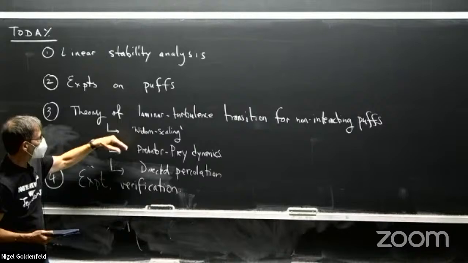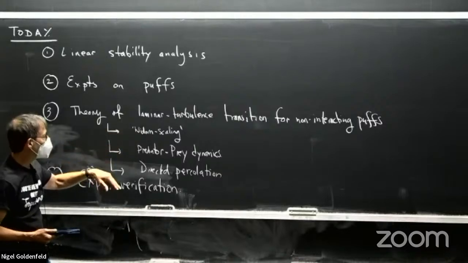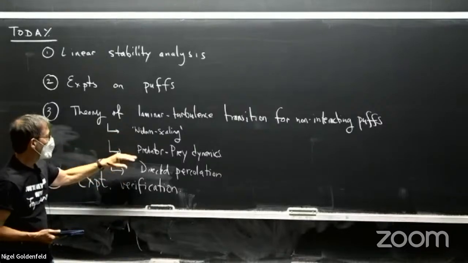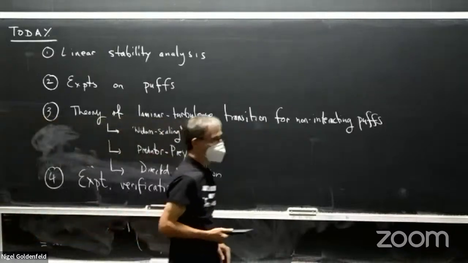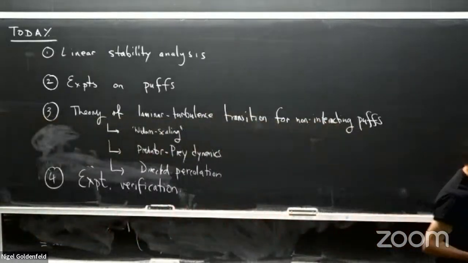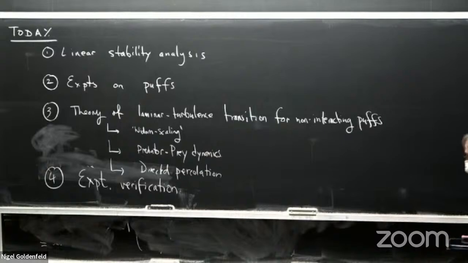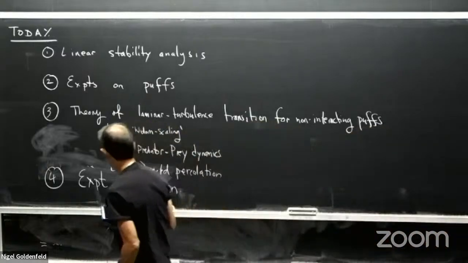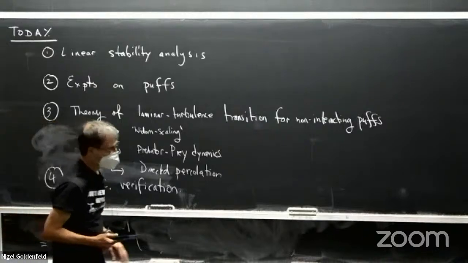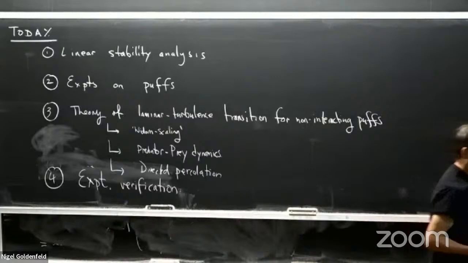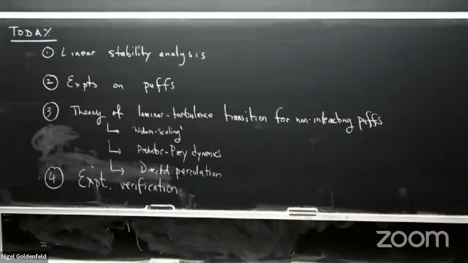I will take some blackboard lecturing to explain to you about renormalization scaling, which we will use next time as well, and some calculations on predator-prey dynamics. And then we'll talk about how we see that the actual transition is in the universality class of directed percolation. And then I'll talk at the end about the experimental verification for that. And next time we will talk about puff interactions and then how puffs spread and turn into slugs. All right, so let's start off